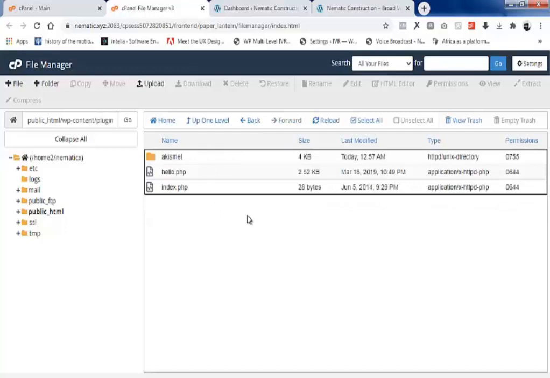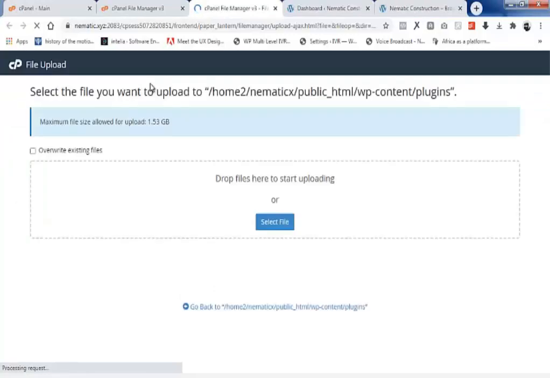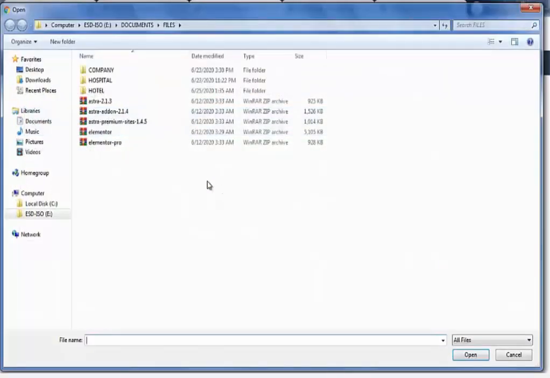Okay, so here we're going to be uploading our plugins. I'm going to click on upload, then click on select file. Now don't forget what plugins are. With plugins, you can take things to the next level, and plugins help you extend the functionality of WordPress.